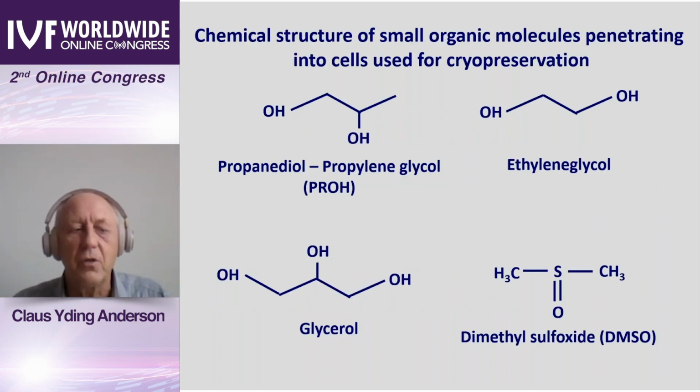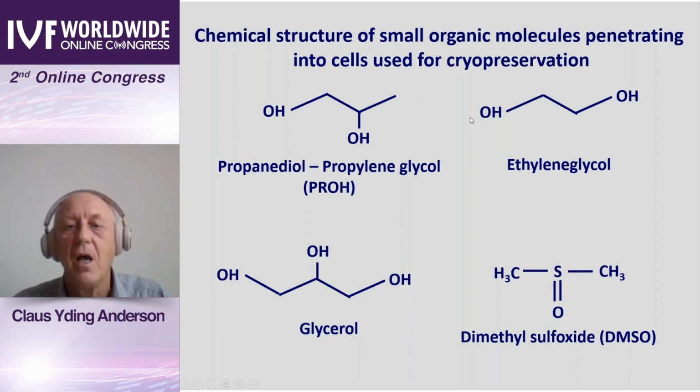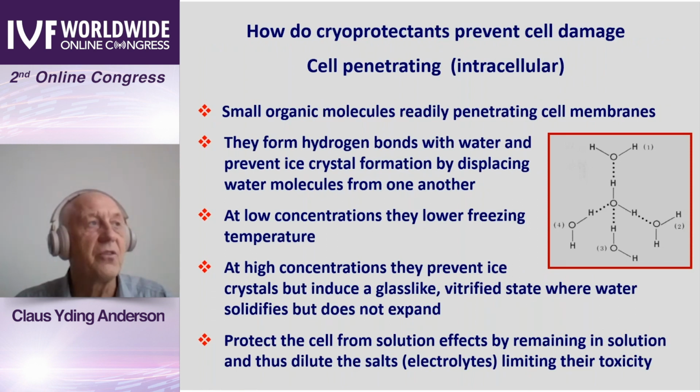If we look at the chemical structures of what we are dealing with, these are small organic molecules such as propylene glycol, ethylene glycol, glycerol, or DMSO. And as you will see, they have hydrophilic groups here, and they have hydrophobic groups. So these are carbon atoms sitting here. And also for ethylene glycol, you have CH2 here, CH2 here. So these are lipophilic and these are hydrophilic. And this is what you need. You need substances which on one hand can penetrate the cell membrane because of the lipophilic structure,